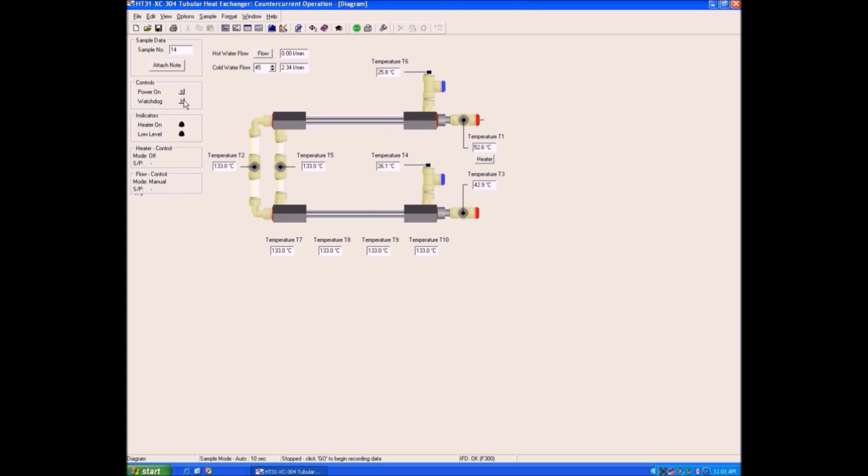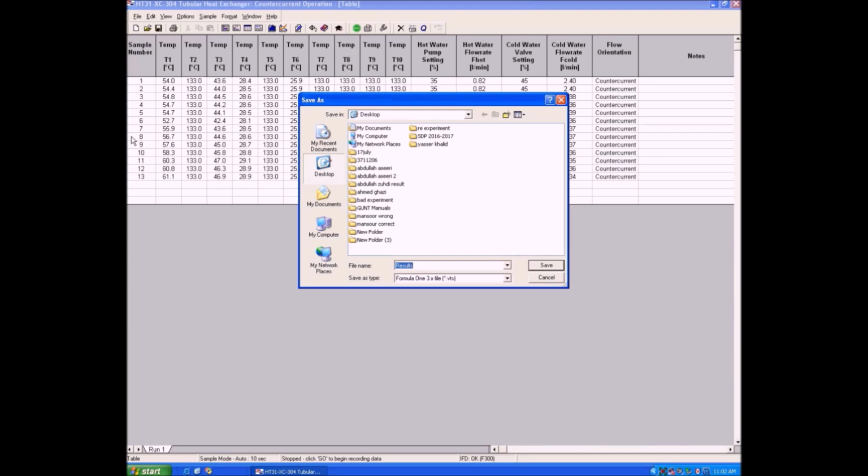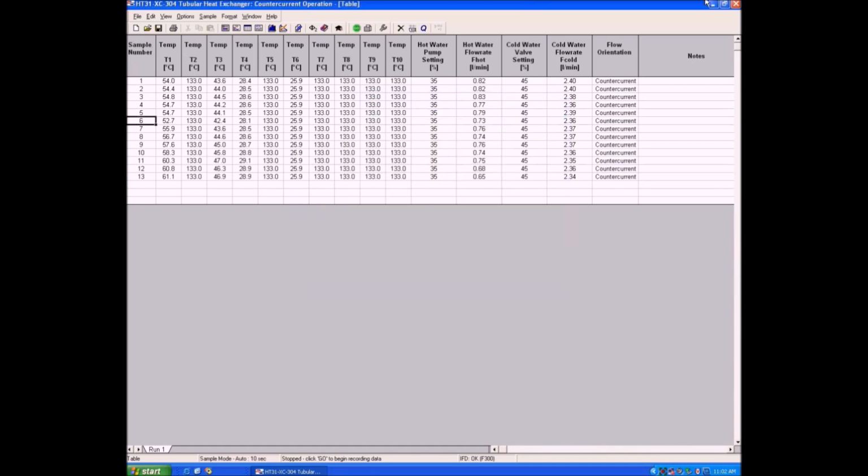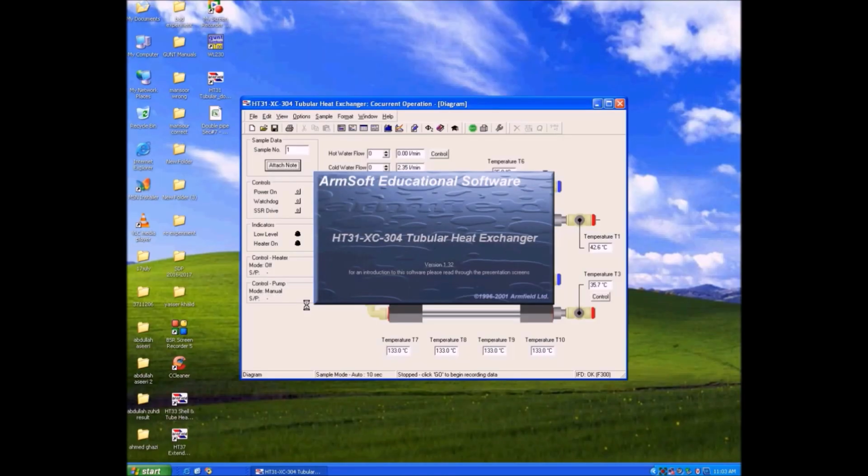We are not going to change it from here; we are going to make the machine power off from here. Yes, and now record the readings from the table. Now we'll save the file and exit Windows, and from the desktop we'll double click on the tubular heat exchanger,